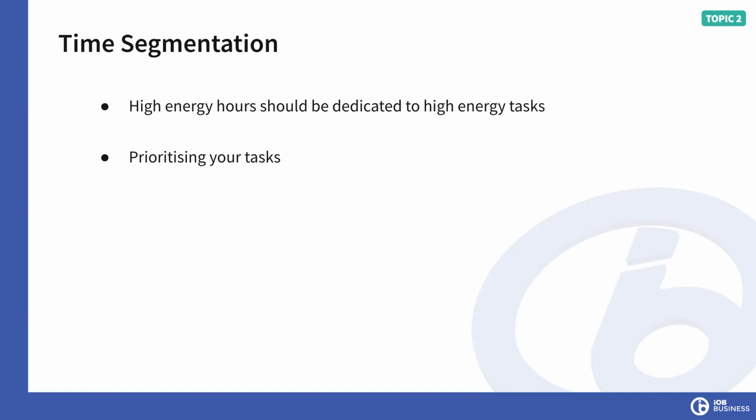Okay, so first of all, is this going to have a cash related benefit, financial related benefit to the business? If so, I want to do that first. Okay, when we look at prioritizing your tasks, we're looking at taking care of clients, that's high on the list. Doing something that earns money for the business, that's high on the list. Organizing files at the back of the office, right at the bottom of the list. Okay, so don't spend time doing something that's going to have little to no reward to the business at all, where you could be doing something that will be massively rewarding.